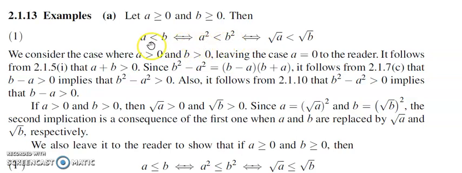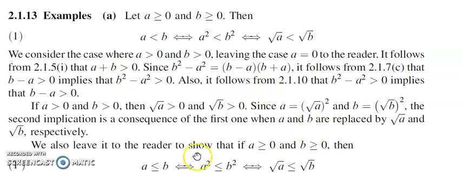And also we have already proved that A square less than B square implies A less than B. That is, A less than B implies square root of A less than square root of B, if we replace A by square root of A and B by square root of B in the first inequality, we get the required expression. So A less than B implies A square less than B square, and A less than B if and only if square root of A less than square root of B. Combining these three, we get A less than B if and only if A square less than B square, if and only if square root of A less than square root of B.